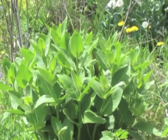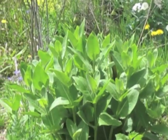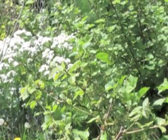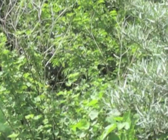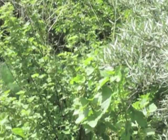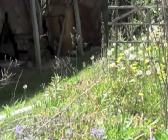So we're here this afternoon with my son James in our backyard, and I wanted to just interview you a little bit. Sure. About our yard, because it started as just a regular backyard quite a few years ago, and now it's more of a food forest. So if you want to tell me where you started back here, and where and